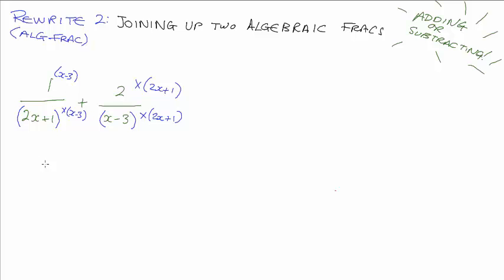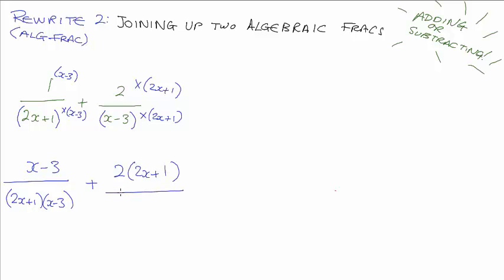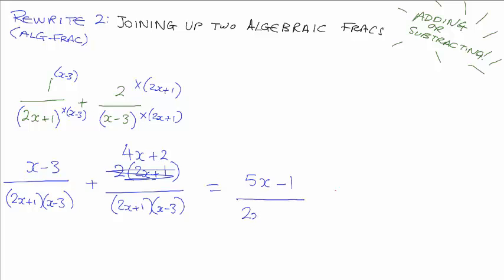So this top, 1 times x minus 3, hopefully I don't even have to run you through that. And the bottom, just leave like this for the time being. You can multiply it out later, but whatever. Now this one is going to be 2x plus 1, and that one is going to have the exact same bottom. Hopefully you can see that that's going to become 4x plus 2. Now this equals, let's have a look, you just add them together, by the way. So you're going to get 5x minus 1 over 2x plus 1